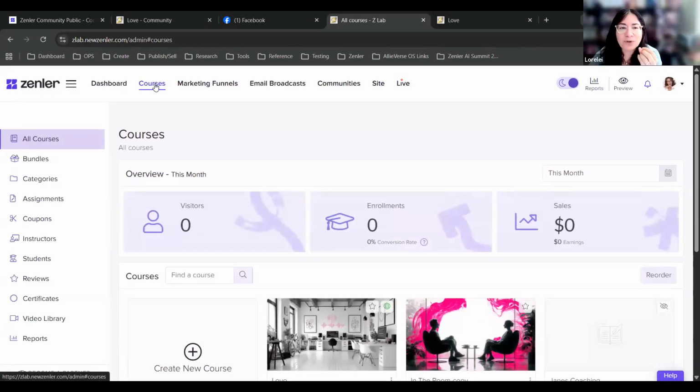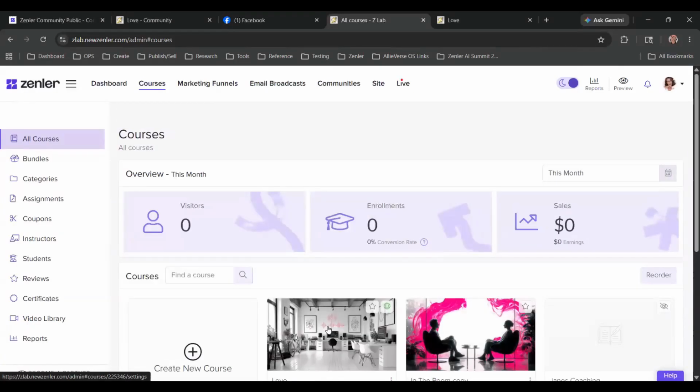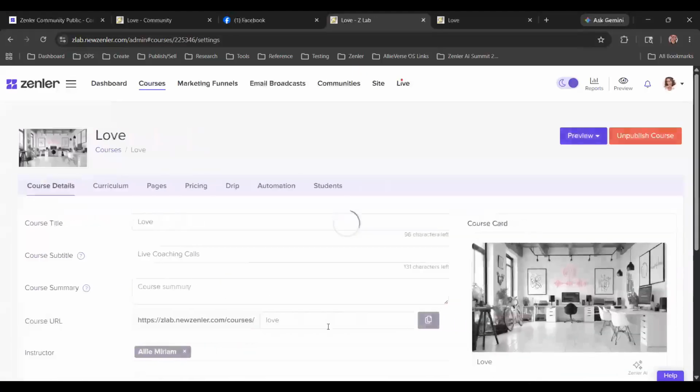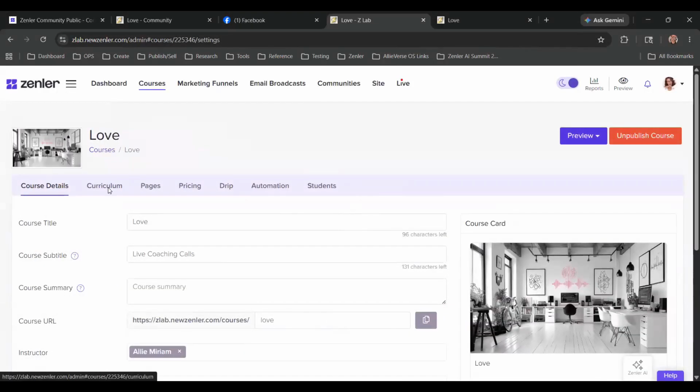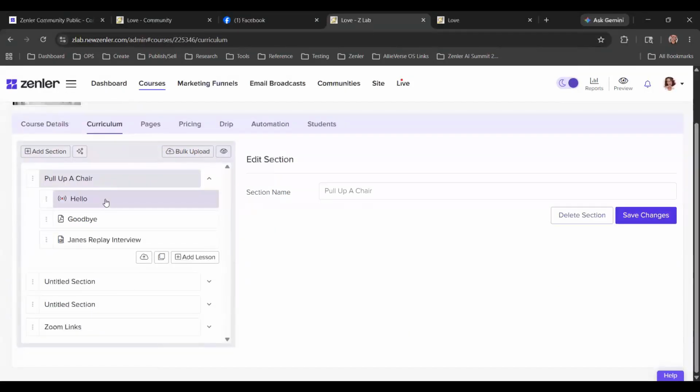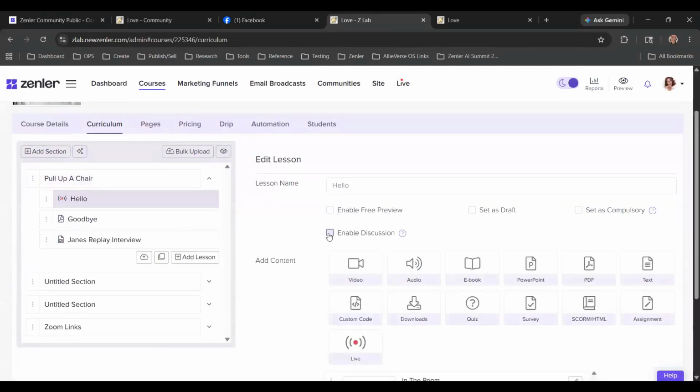How can I enable discussions in an event? Wait, it's a course, right? The same way you enabled them for your other ones. You come over here to your curriculum, you go to the individual lesson that you want discussions enabled for, and you turn them on.